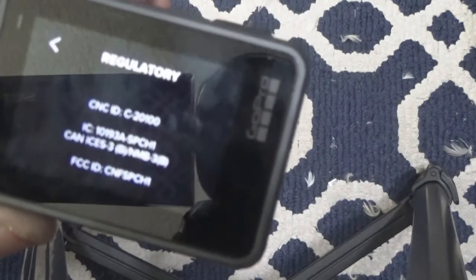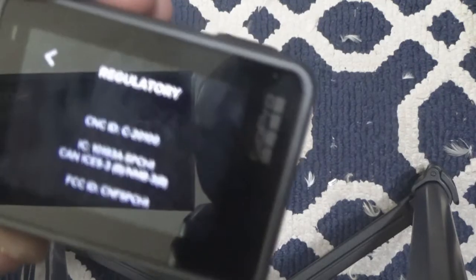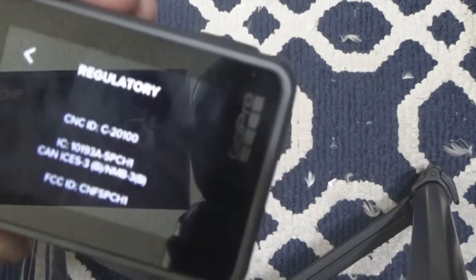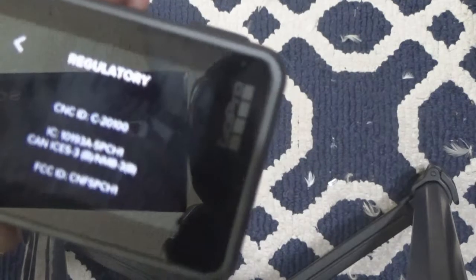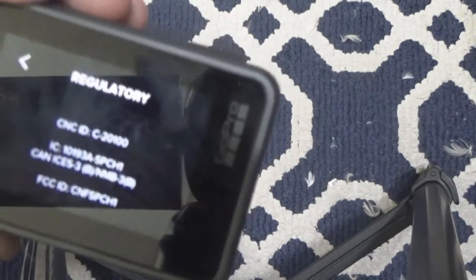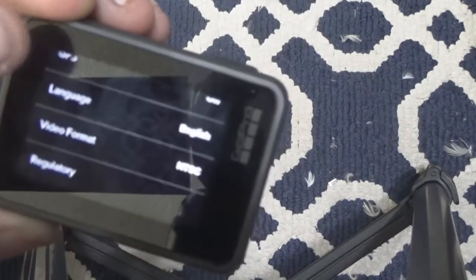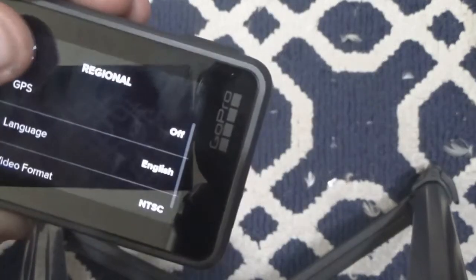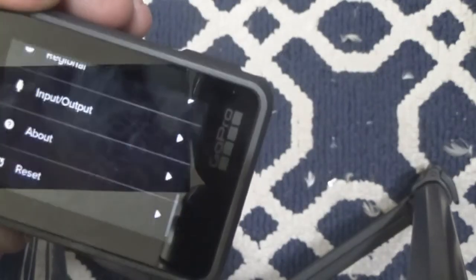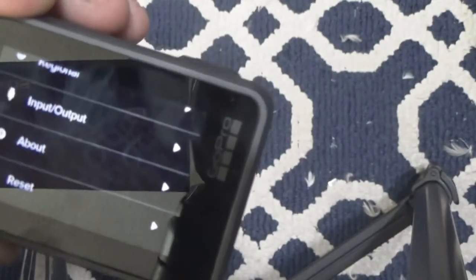You can do regulatory. Alright, so we have something in the US called the FCC. It's called the Federal Communications Commission. They're like the USB of the electronics world. Like it has to use this, it has to use that. So go back,